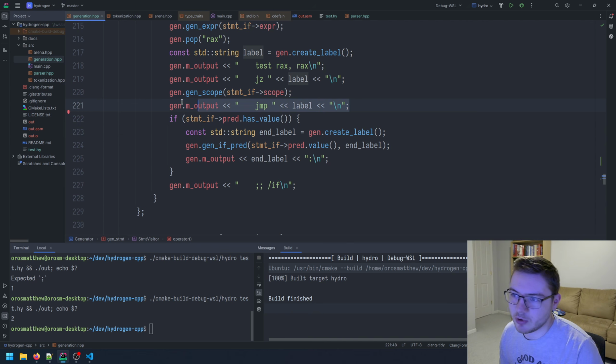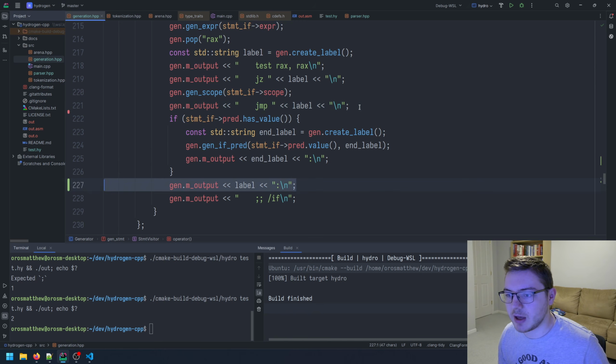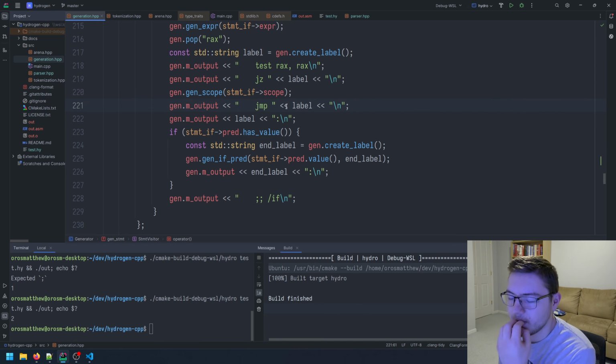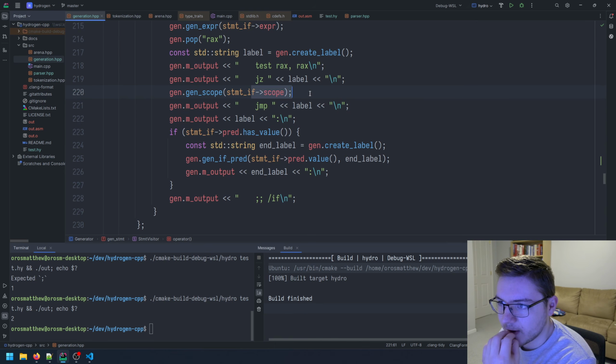Jump label. Maybe, well, I only need to jump. So what I'm doing here is this is the if. This is checking if it jump if 0. So jump if false past the if, which should be... Yeah, so I did need that label up here. And then if we execute the after the if,